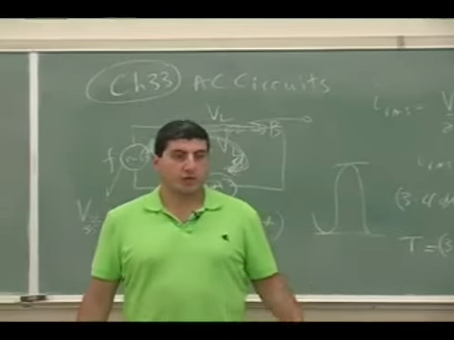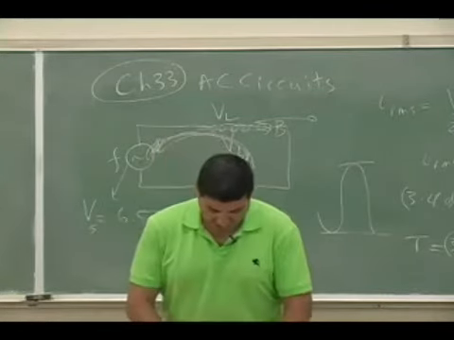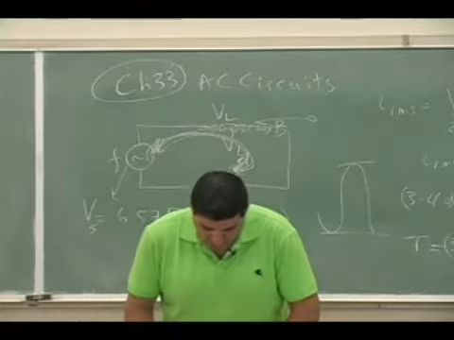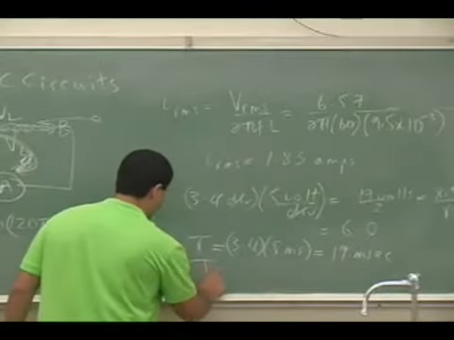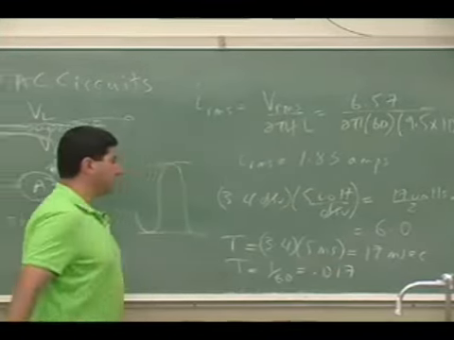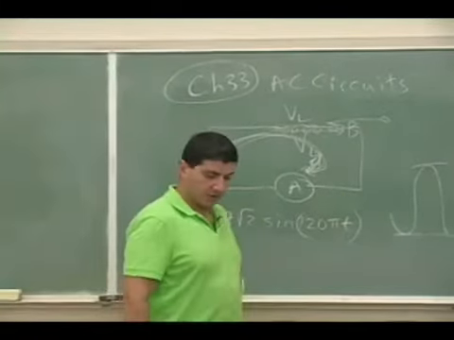Okay. And then since the frequency is 60, 1 over 60 is 0.017. Yeah, so that one works out perfectly. So 17 milliseconds. So the period works out, the amplitude works out. Okay, now